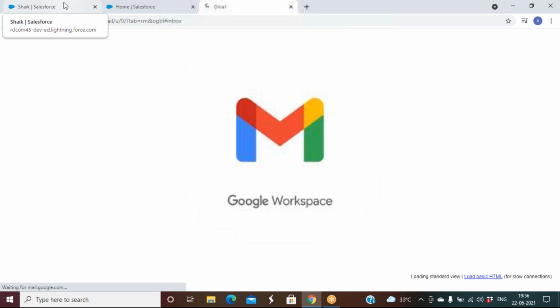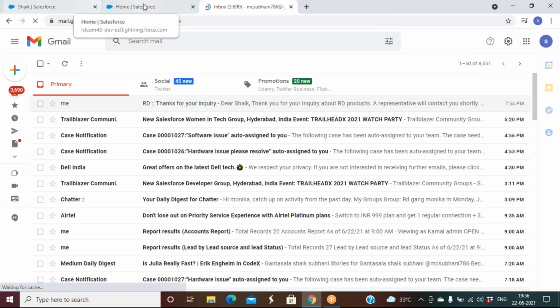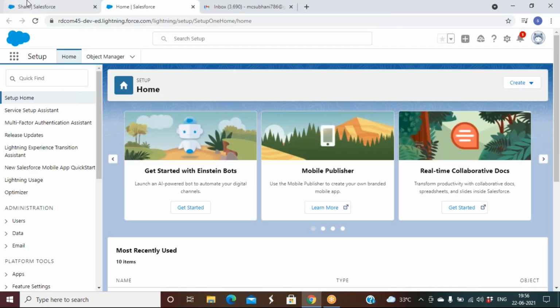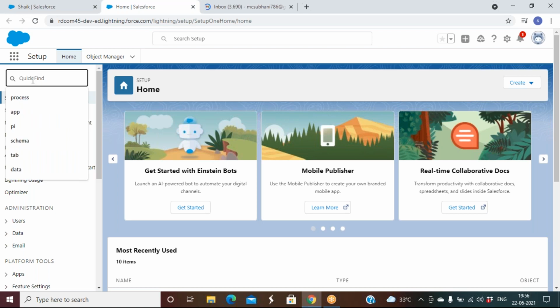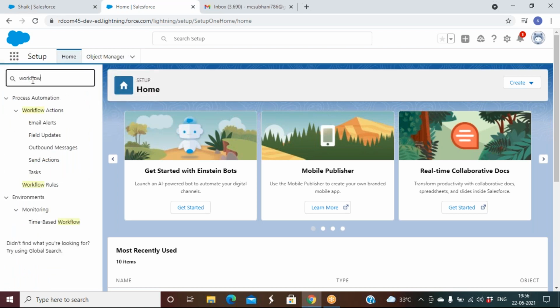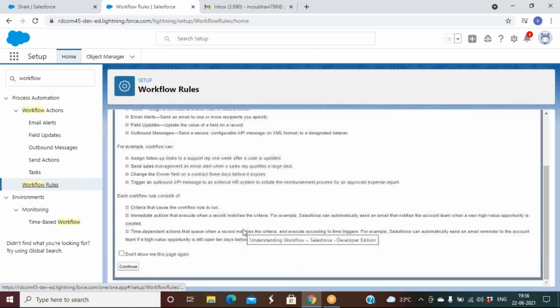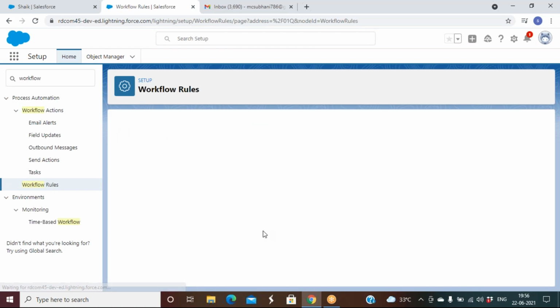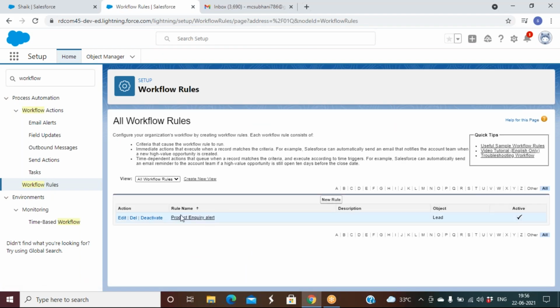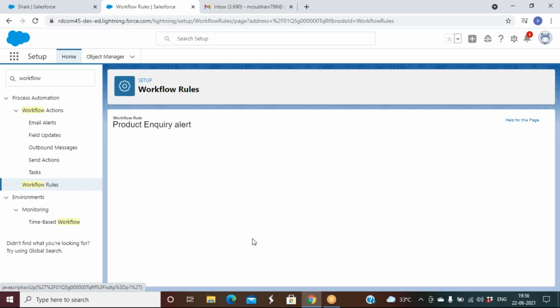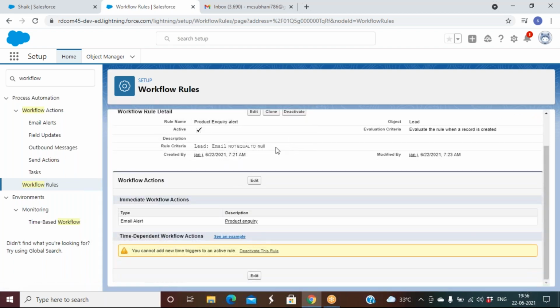Why? Because we wrote the condition only for when a record is created. Just go to workflow. We wrote the rule to evaluate only when a record is created, right? That's right.